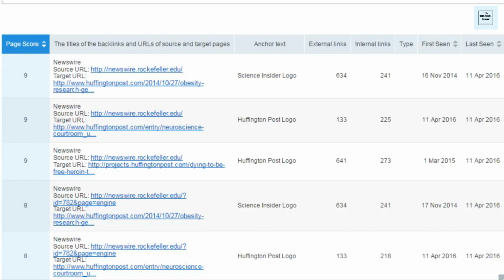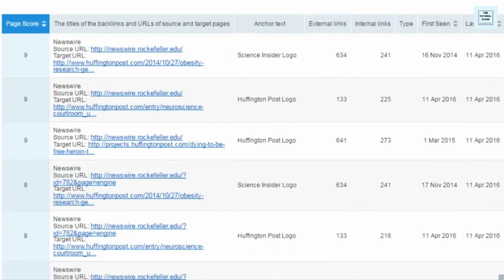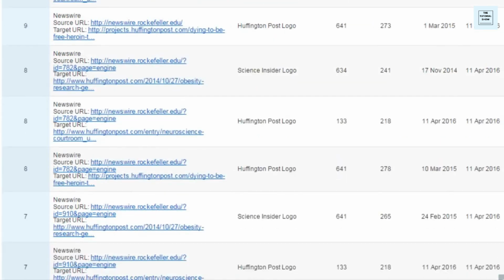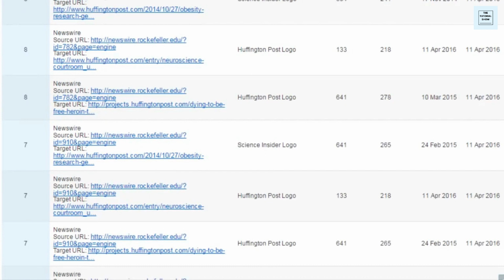So really with the anchor text, you're looking for a variety of anchor text. You can look for if they have branded anchor text using their company name, for example, or their website URL. Also, if they're using the main keyword for that particular page, and then a mix of other keywords that are not the actual main keyword or the brand. So it's good to have that mix of a profile so you can see how well your competitor is doing with that, and also give you an idea of how they're ranking for particular keywords.